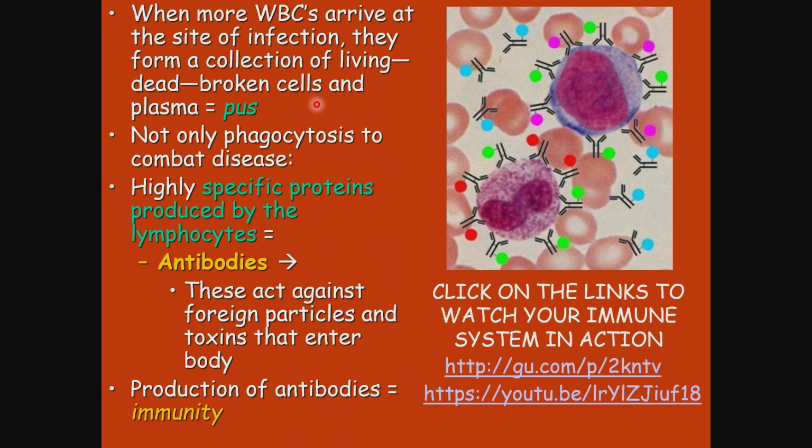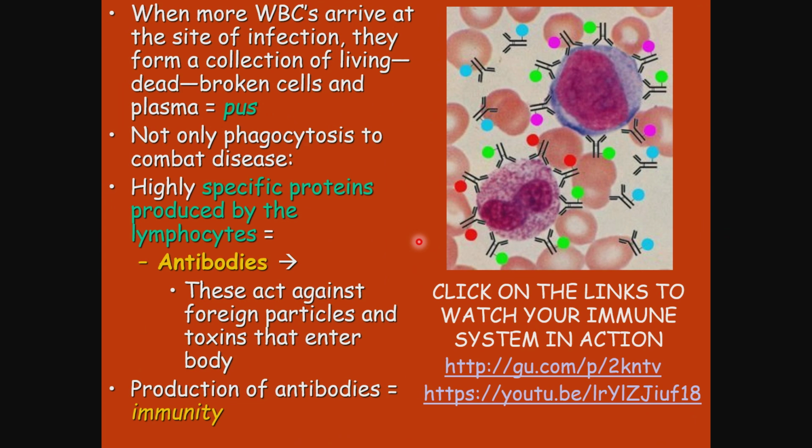But we don't just use phagocytosis to combat disease. What we have are these little guys that look like the shape of Ys. They are very highly specific proteins produced by our lymphocytes, and those are called antibodies. They act against foreign particles and toxins that enter the body, and the production of these antibodies is what we